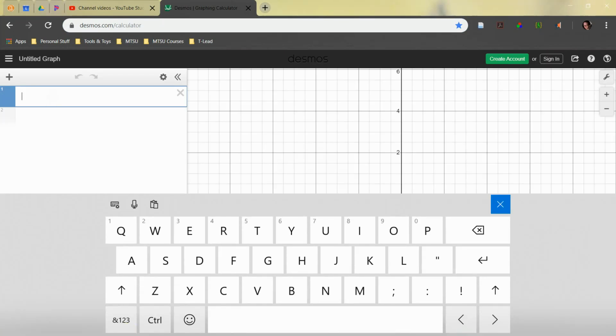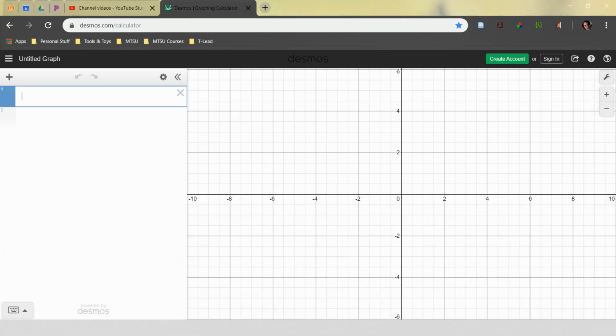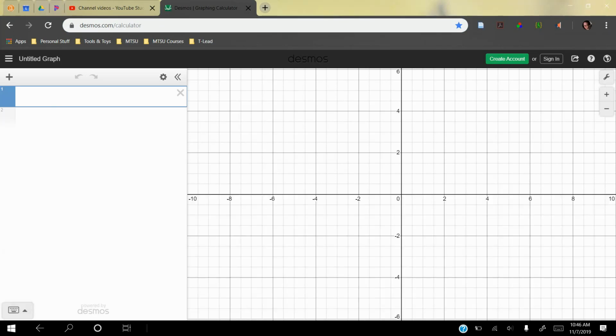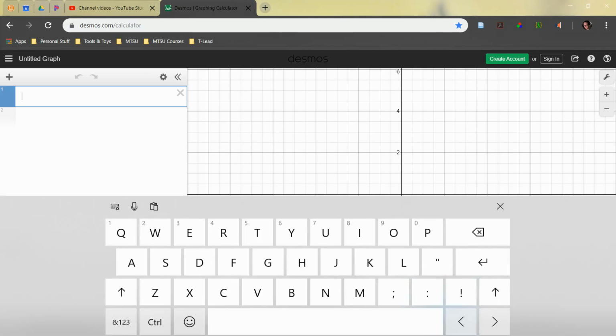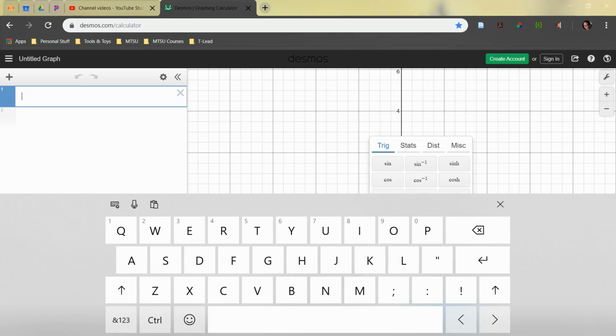Oh, that's weird. Okay, let's try it one more time. I know what I'm doing now. There we go. Functions. Let's go inverse sine of